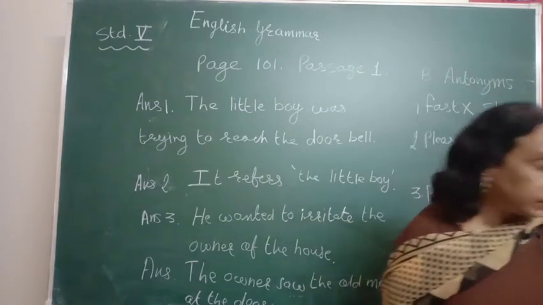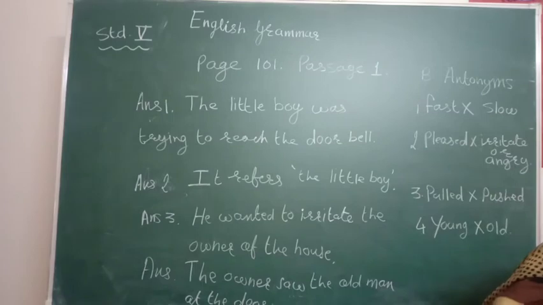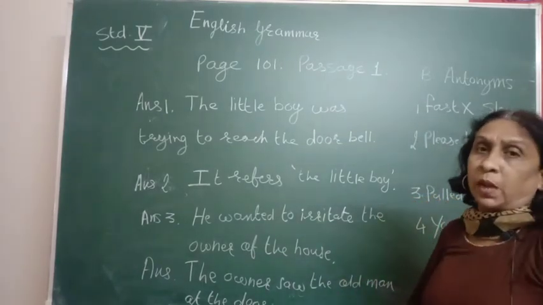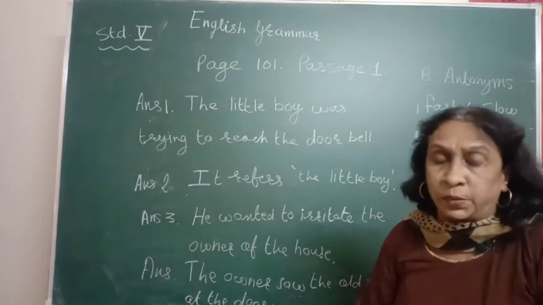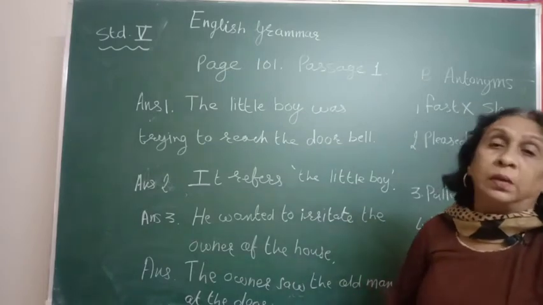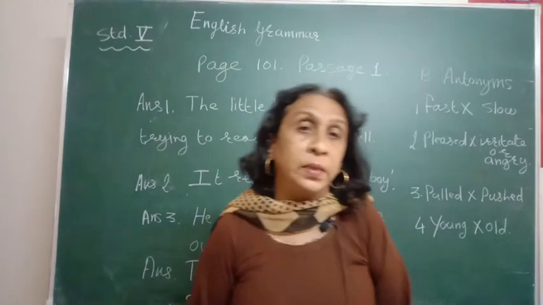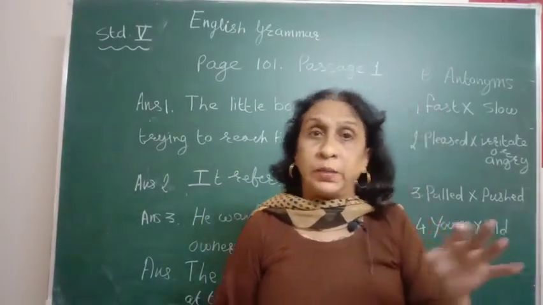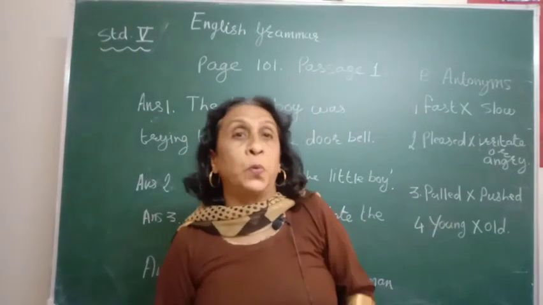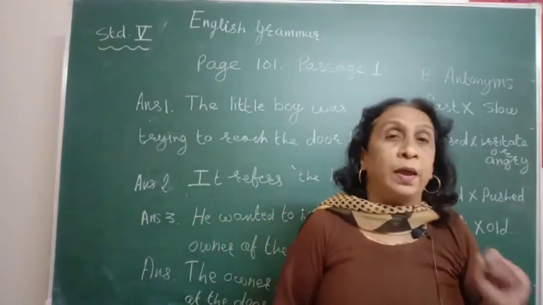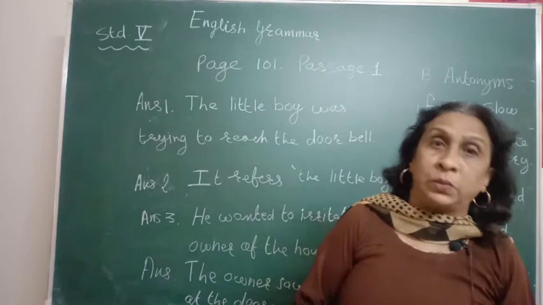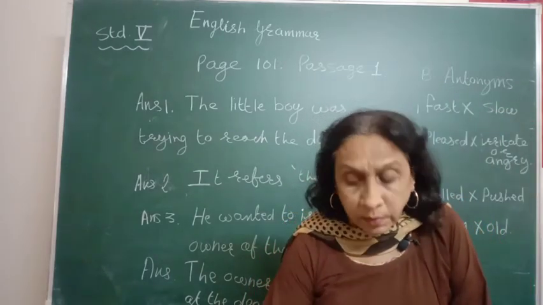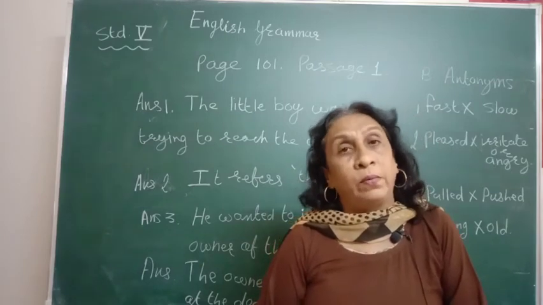Now in that, after this, in the composition part, grammar composition, you have another thing. After comprehension, you have to write a story. Now for story writing, what is there? For story writing, points will be given. All these points you have to use and frame a story. And when you write a story, you have to give a title to the story and you have to write a moral.